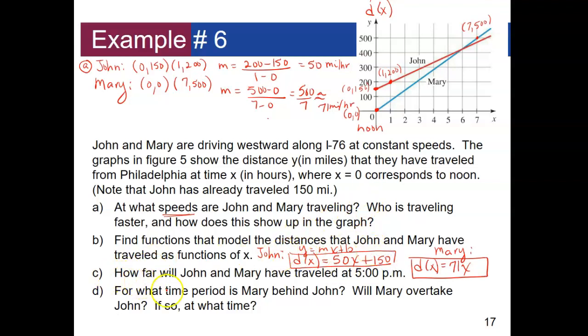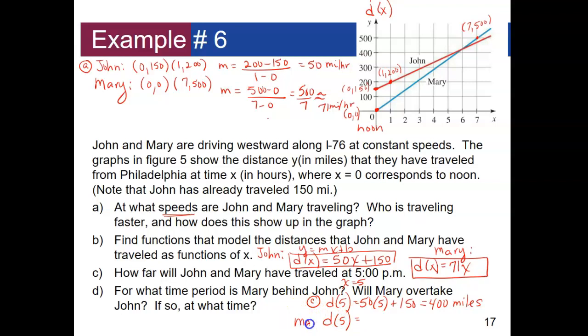Okay, part C, how far will John and Mary have traveled at 5 p.m.? So this would be when x equals 5. I'm kind of running out of space here, but for C, I'm going to plug in 5 to each of the equations. So 50 times 5 plus 150 is going to be 400 miles. That is the distance that John has traveled at 5 o'clock, which is after 5 hours. If we look at Mary,